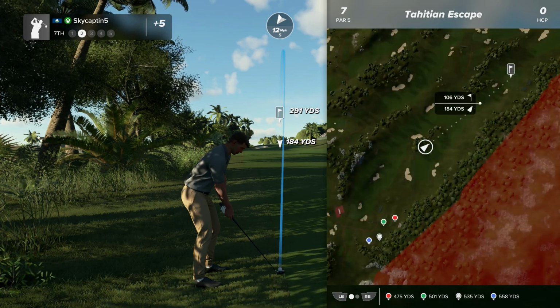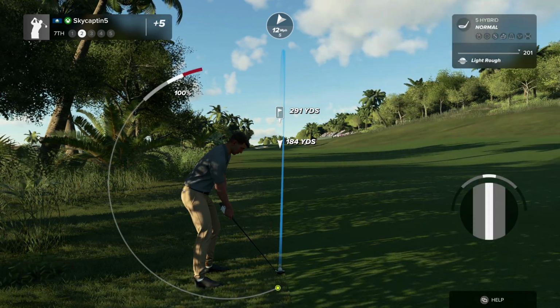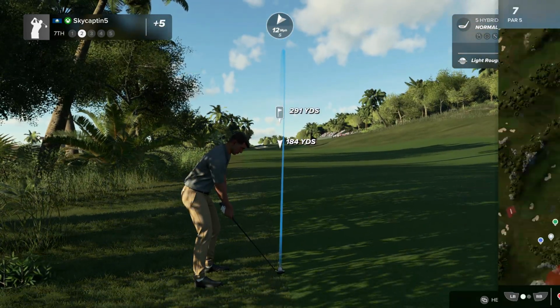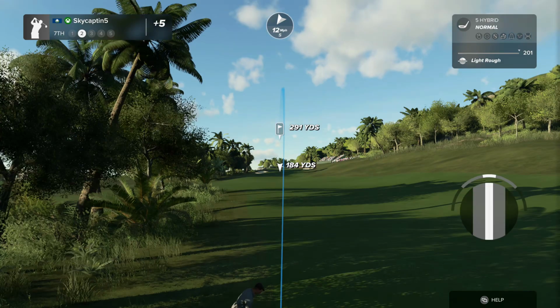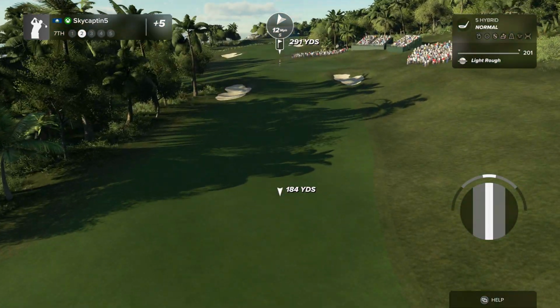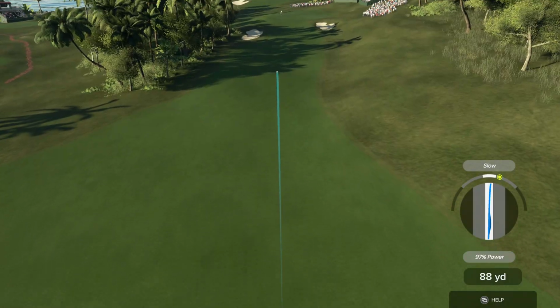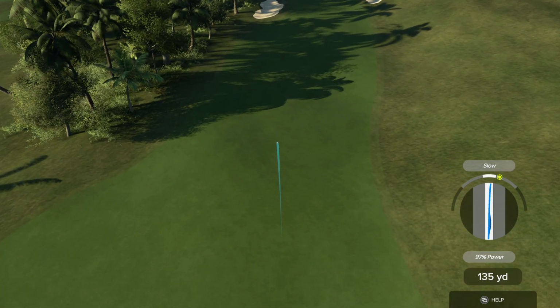So you do get the in-depth tracking options. You do get the camera adjustments. So you could be like, okay, I want to hit it this way, I want to hit it that way, I want to go out, I want to see where the ball's going to go. You do get all of those options to actually plan out your stuff, because a lot of golf is not just